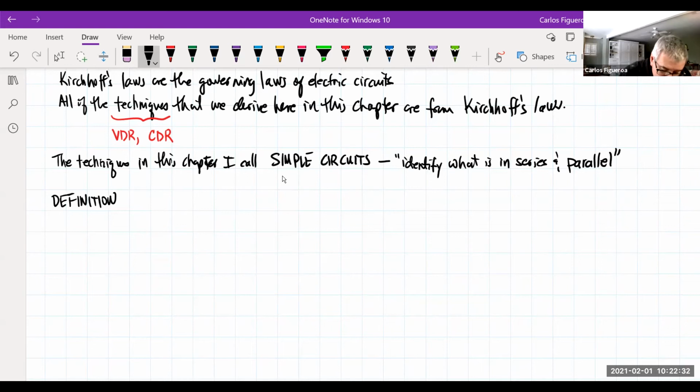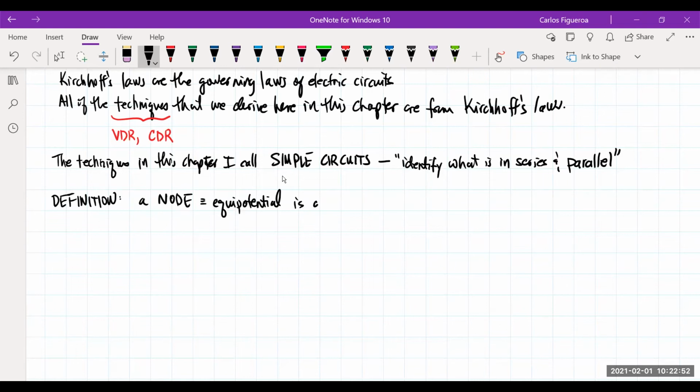Okay. Our first definition is a node. A node is a fancy word for equipotential. So a node is an equipotential surface. A node is a junction